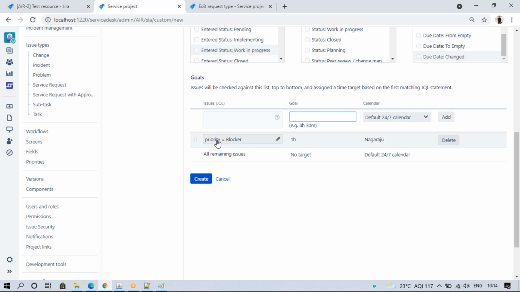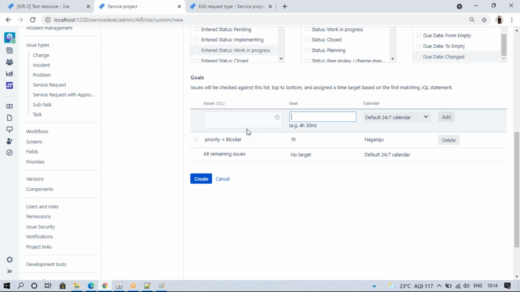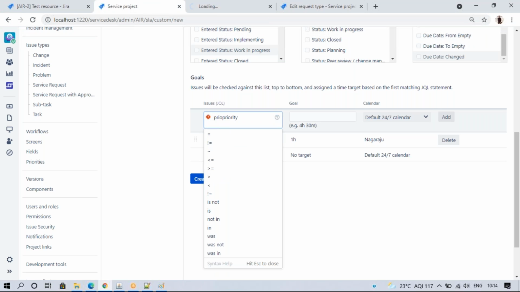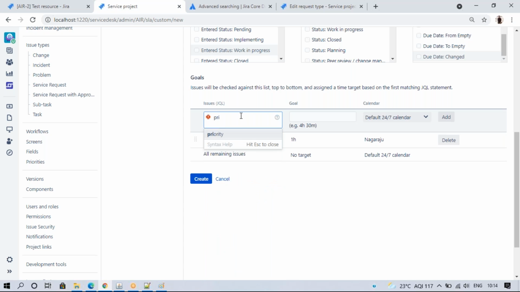And this is a blocker. The next one we have is high, 3 hours. Priority equal to high, 3 hours.